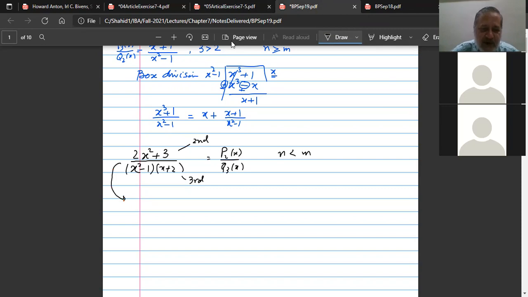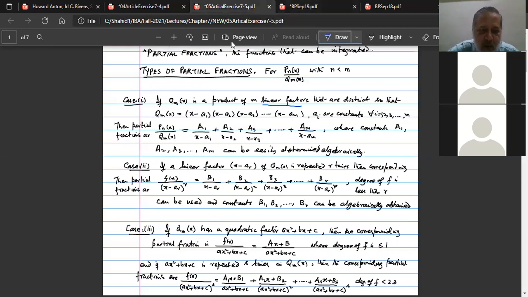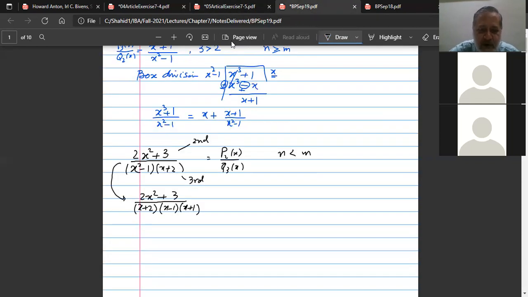First type says that if there is a possibility that denominator can be written all in terms of linear factors. तो भाई ये x plus 2 तो पहले से ही linear factor एक हमने लिख दिया. How can I write down x square minus 1 as linear factors? The basic formula a square minus b square makes it x minus 1, x plus 1. Now, if this is the case, which is the case 1, that every factor of the denominator is a linear factor, and we have this equation here.